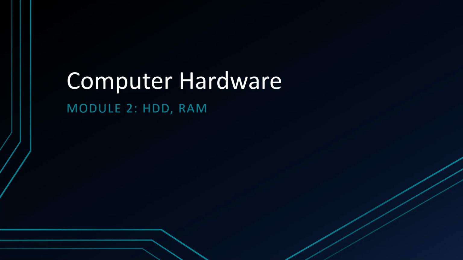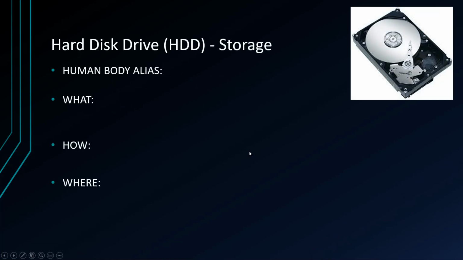Computer hardware, module 2. So today we're going to look at the hard disk drive and RAM. Both things are used to store information in different ways though. So let's go over that. There we go. So the hard disk drive, or HDD for short, most people don't call it a hard disk